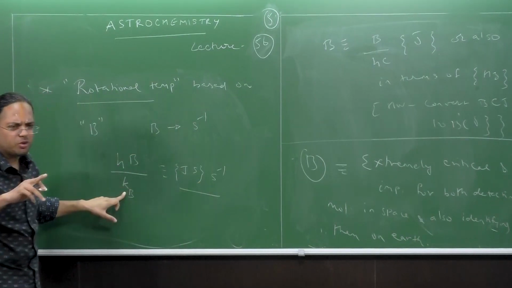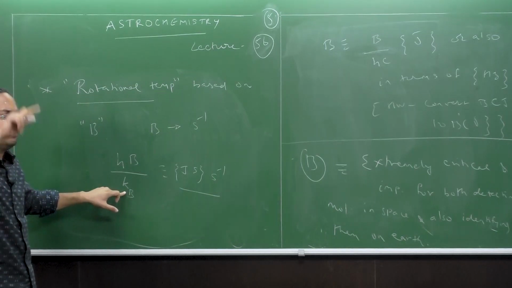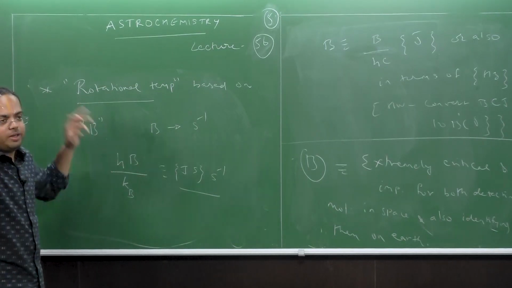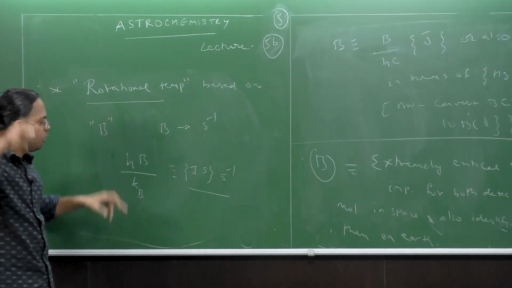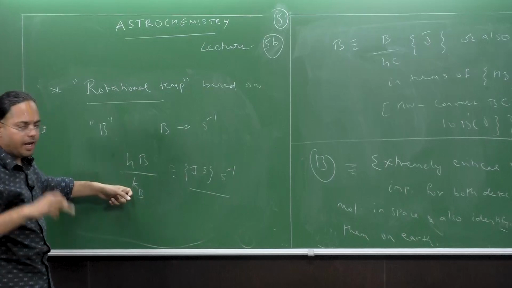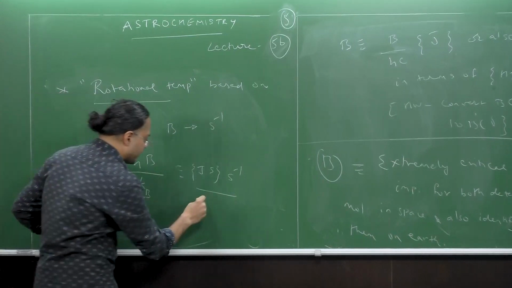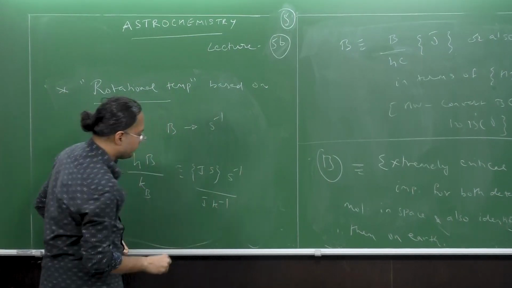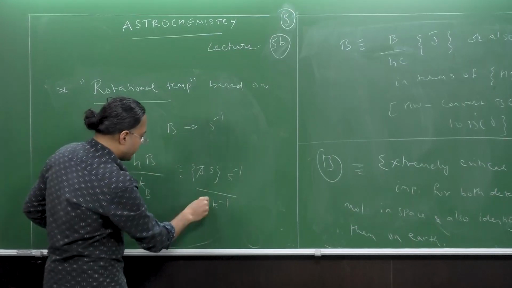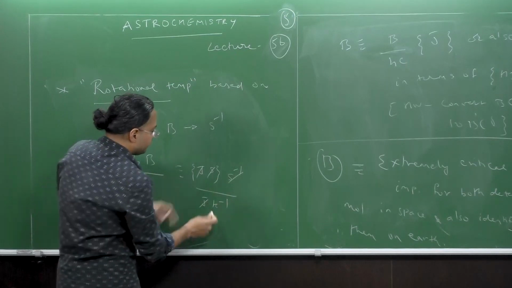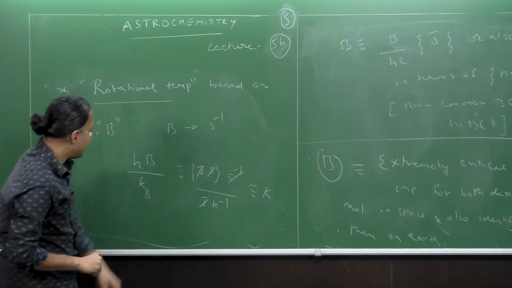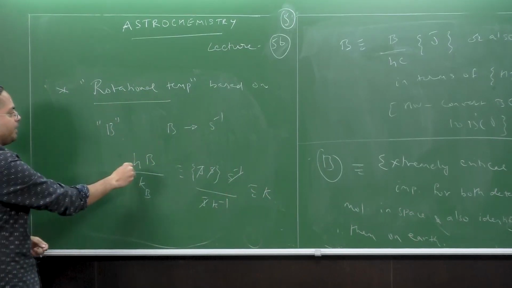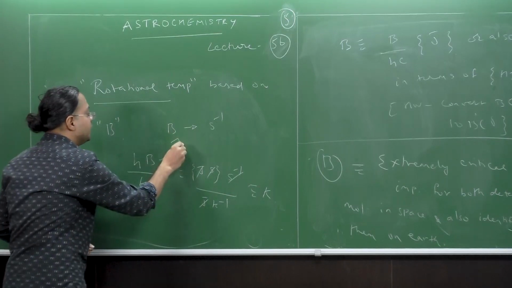What is the unit of Boltzmann constant? It's R by NA, right? So R comes from PV equals nRT, so R is going to be PV by nT. So that is joule per mole per Kelvin, and NA is going to be per mole. So this is going to be joule per Kelvin. So if I have all of this, the joule and joule get cancelled out. The second and second inverse get cancelled out. This is 1 over Kelvin. So this is Kelvin. So if you notice that this quantity hB by kB, when B is measured in frequency,